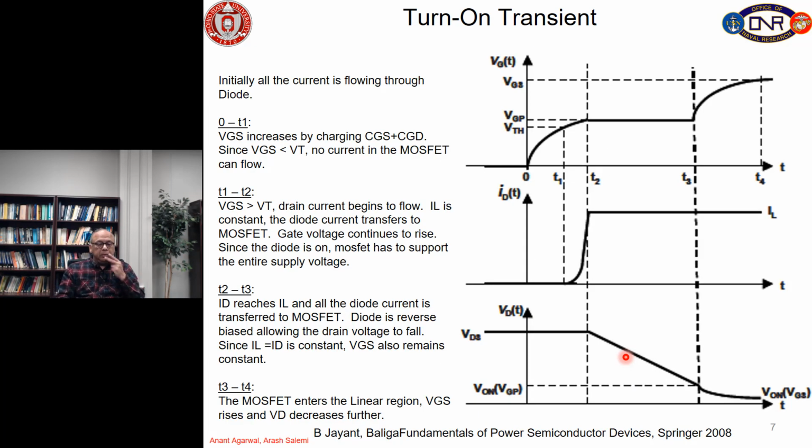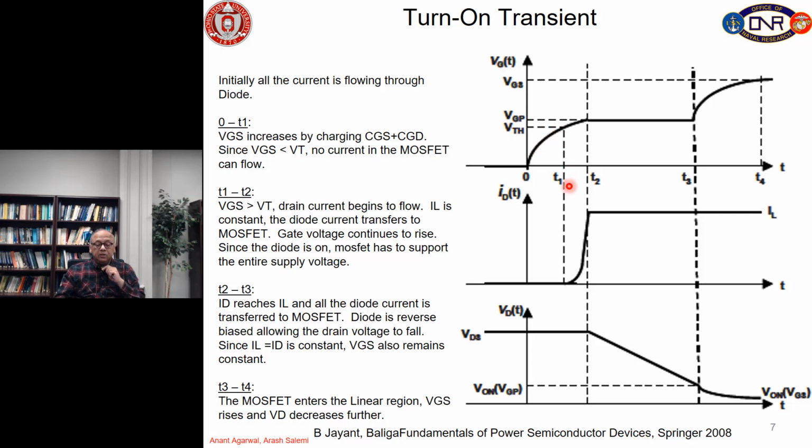So, for now let us think about specifics of the turn on transition. Here we are plotting the gate transient, the drain current and the drain voltage. As I said, the drain is initially off, so the drain voltage is high, drain current is 0, and we turn on the gate voltage, and the gate voltage starts charging CGS and CGD so that it reaches the threshold